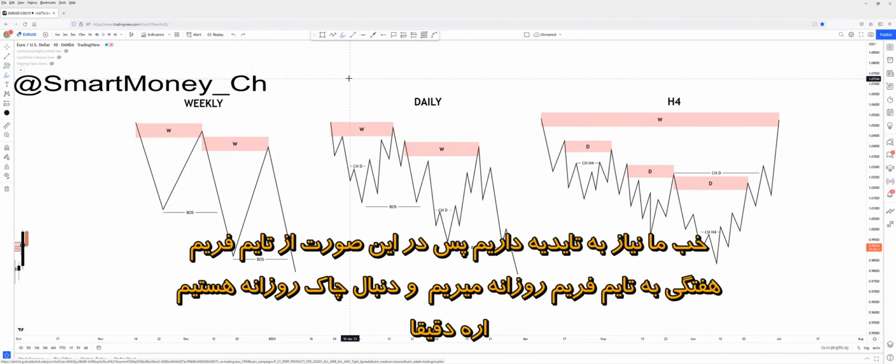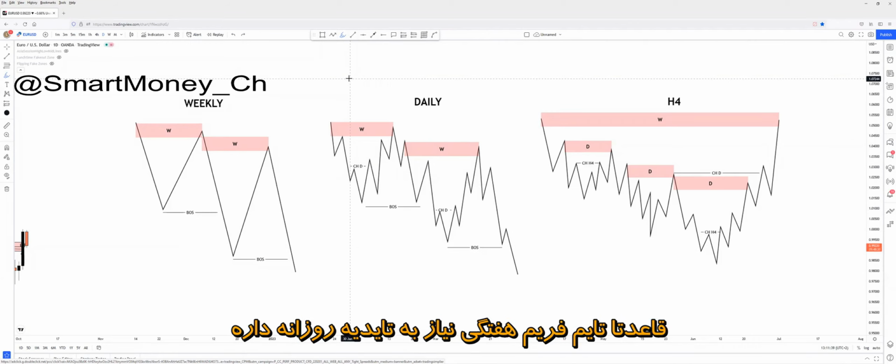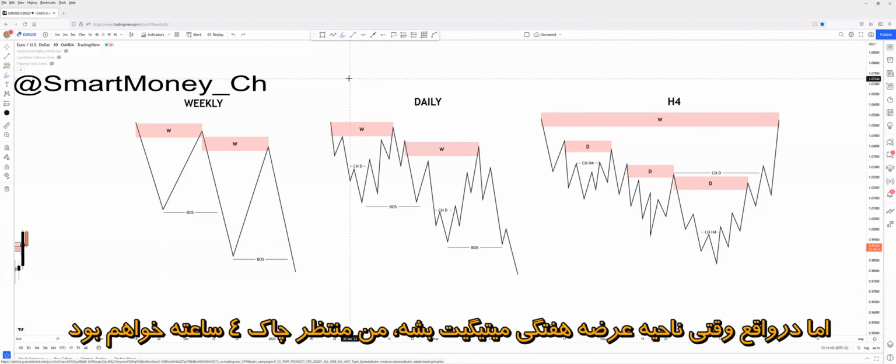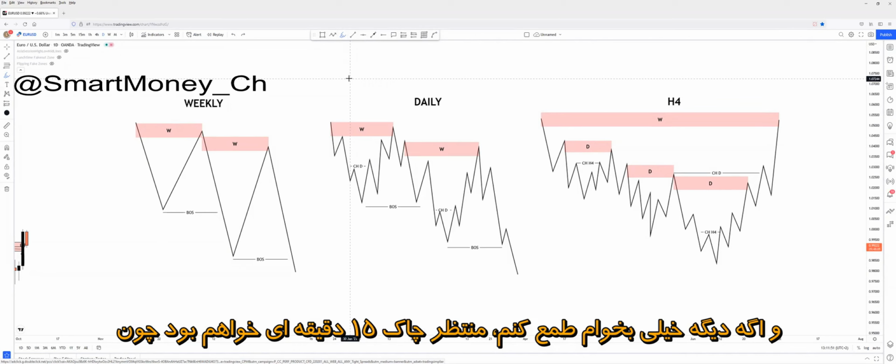Well, we need confirmation. Weekly, we are taking it from the daily. Yeah, change of character on the daily. Exactly. If you think logically, you would say that weekly needs daily confirmation. I would say that also, but actually, if a weekly supply zone is getting mitigated, I would rather wait for a 4-hour change of character. Or if I want to be really greedy, I will wait for a 15-minute change of character, because